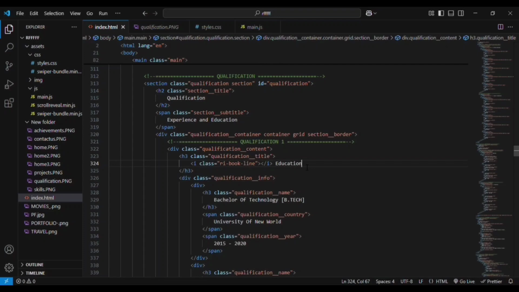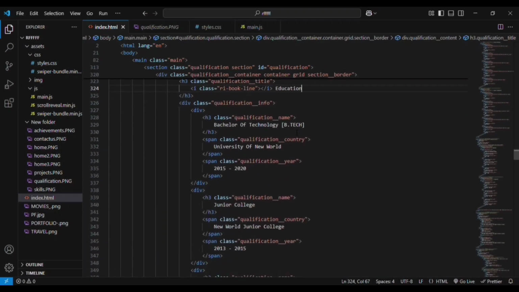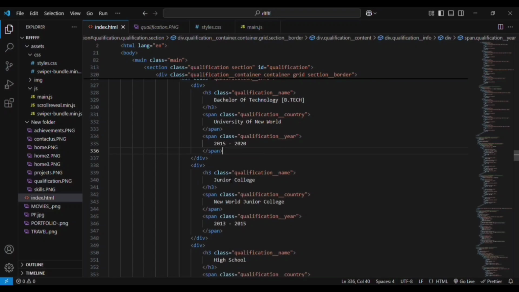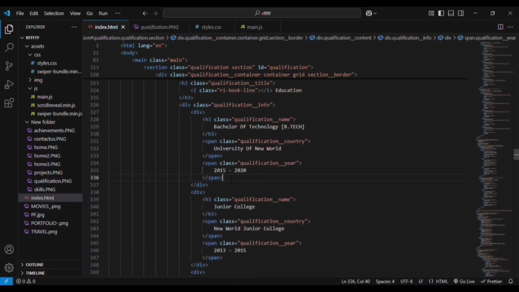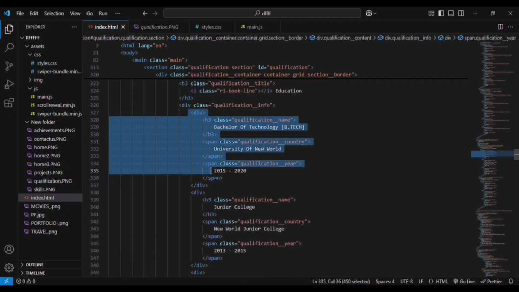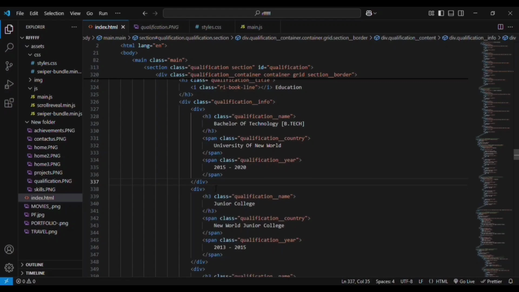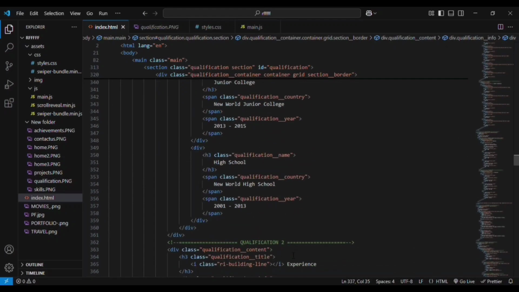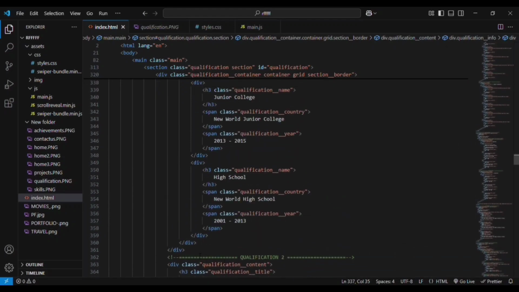And then we have another div element, that is the qualification info. Inside that we have a div with an H3 element for adding the technology, B.Tech. It is the qualification name. Then we have the span elements. One is for the qualification country, and one is for the qualification year. Then the same div element is copied again. You can see this div. This div is copied again 2 more times, and this entire qualification